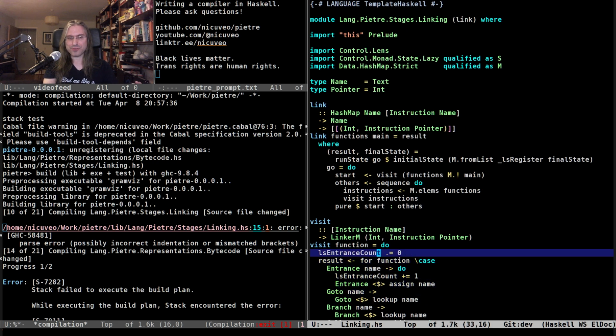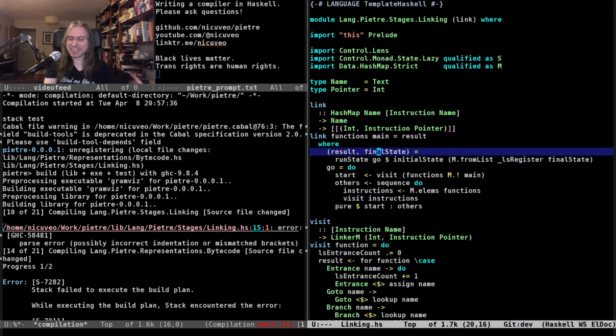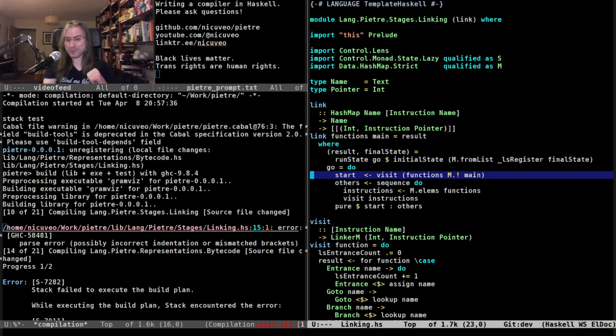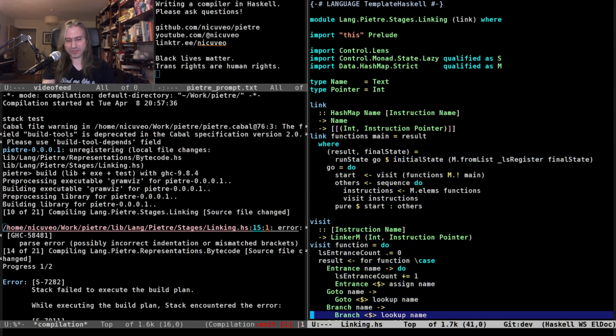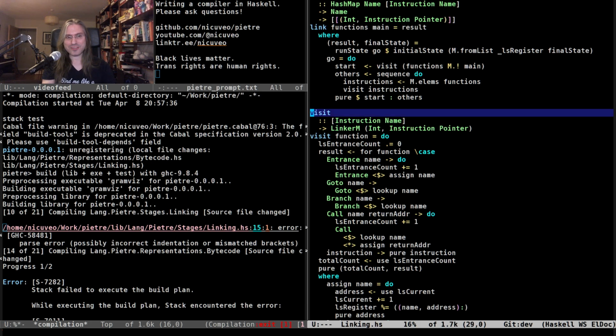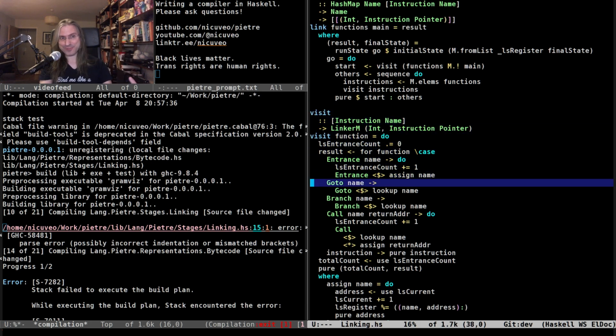When we are done, we are creating a hash map from this list of pairs, but we are lazily giving it to the state itself at first. And that's fine as long as nothing needs to evaluate it before this is finished. And as a result, here the lookups can do this lookup into the lazily constructed hash map, and that should be fine.